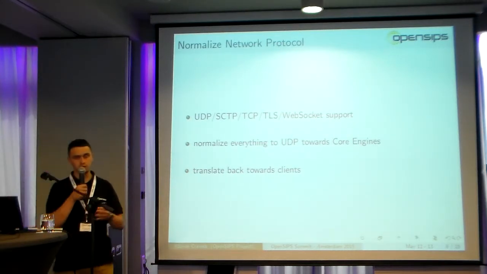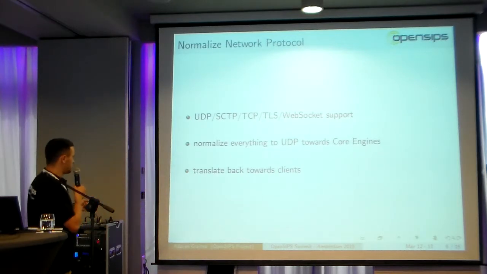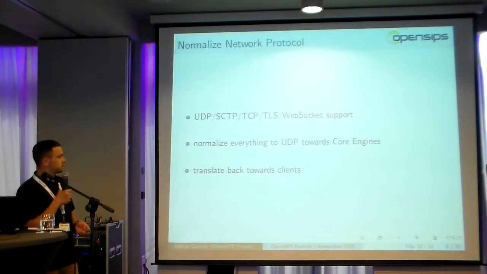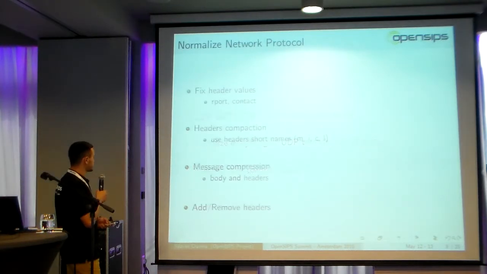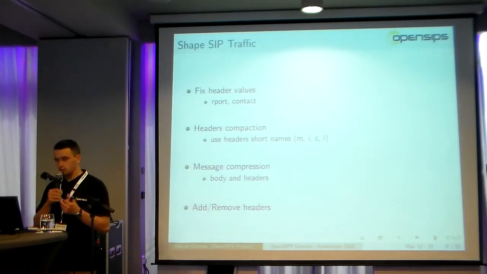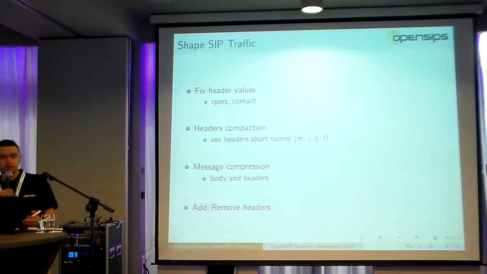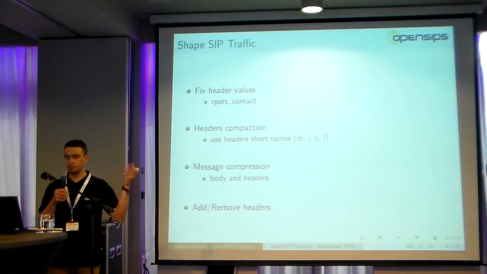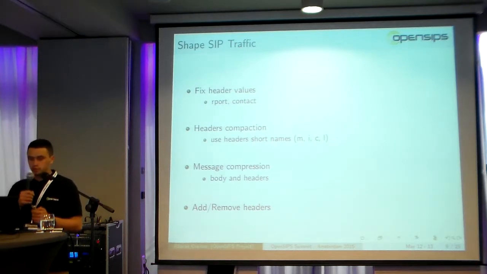And when the requests get back, translate them to the desired protocol. Moreover, an edge proxy should shape the SIP traffic, should add the received port, should normalize the contact header with the proper IP and proper port, should,